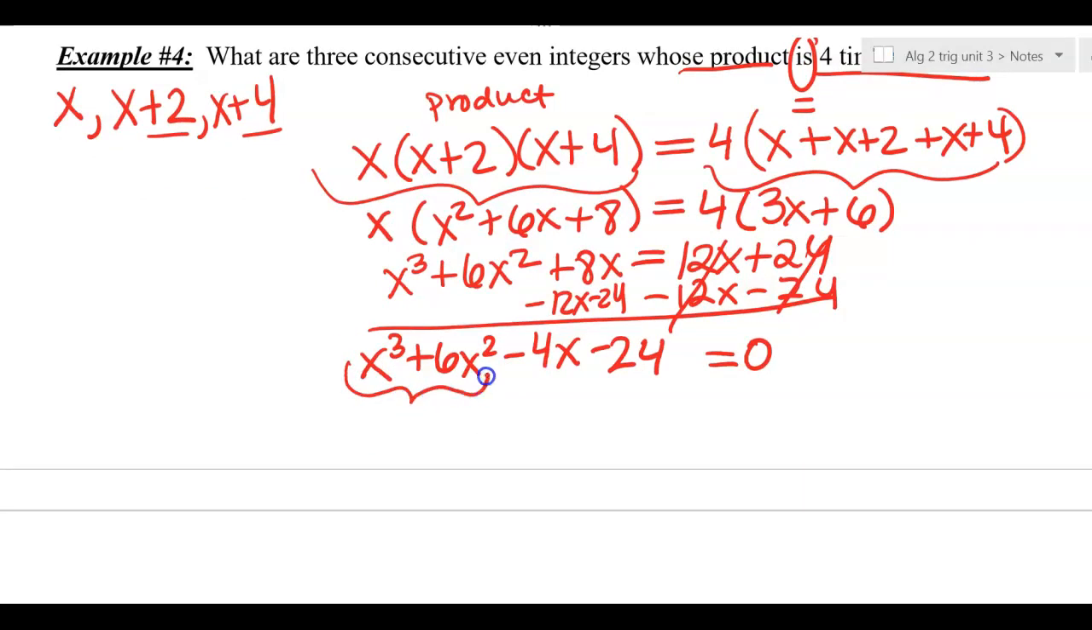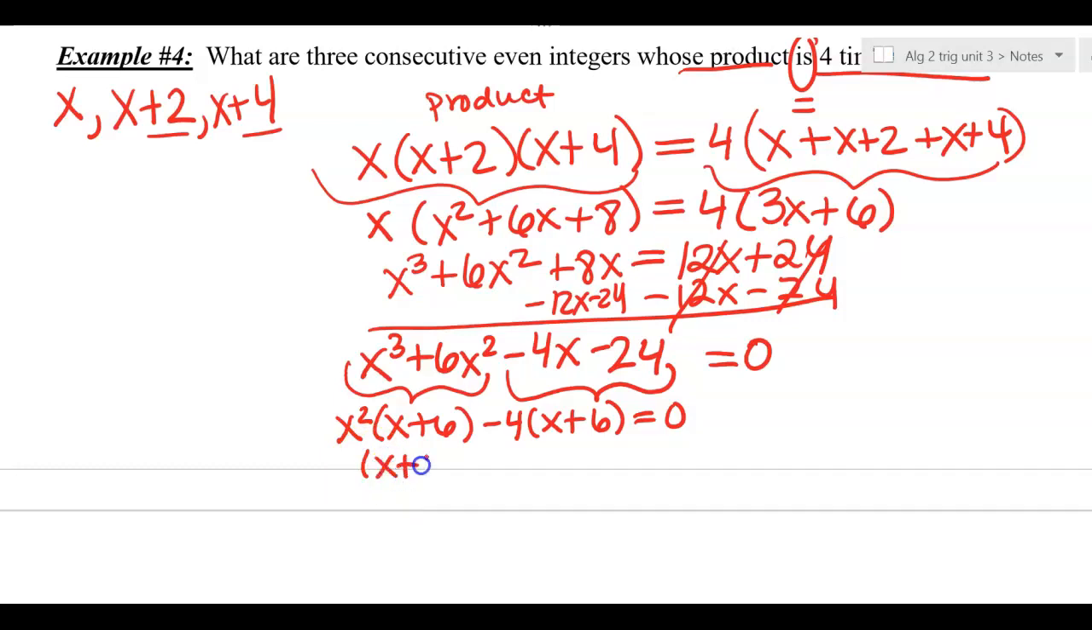If I group together these two, x squared is the greatest common factor, leaving x plus 6. And if I group together these two, negative 4 is the greatest common factor, leaving x plus 6. So this is looking factorable, right? Because I factored it, okay? And so this gives me x plus 6 times x squared minus 4. And I can actually factor that even further, right? The x squared minus 4 is perfect squares. So this is x plus 6 times x minus 2 times x plus 2